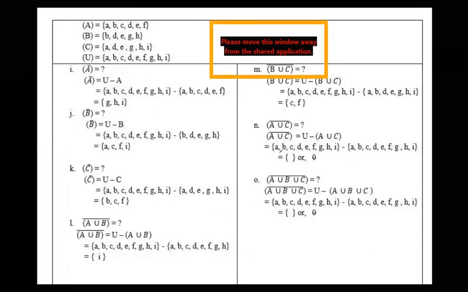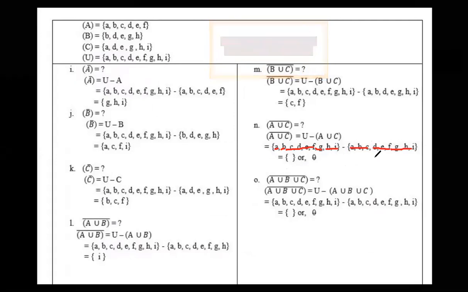Okay, let us find out the common numbers. A is common, B is also common, C is common, D is common, E, F. So A, B, C, D, E, F common. G is also common, H is also common, I is also common. So everything is common. Now if everything is common, then what is the answer? Zero. Zero is also a number, right?